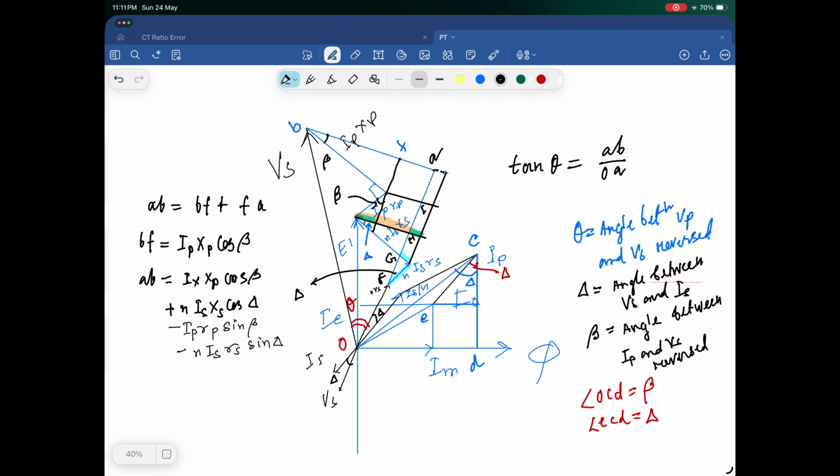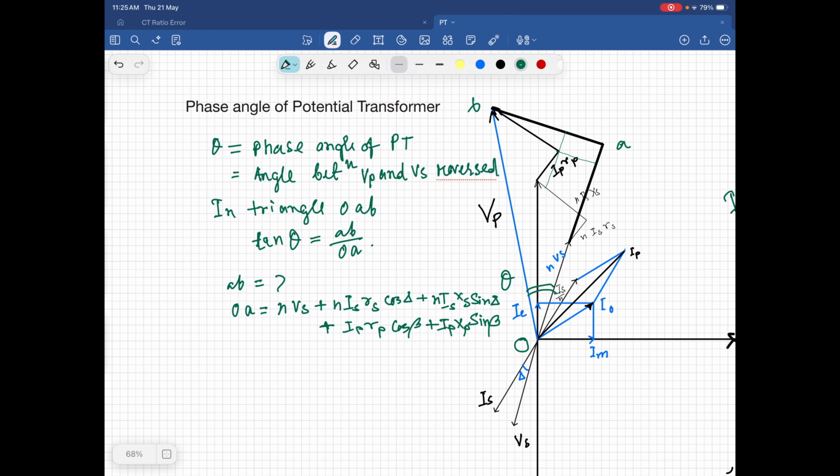So this is the expression for AB, and I know the value of OA, so I'll put all this thing